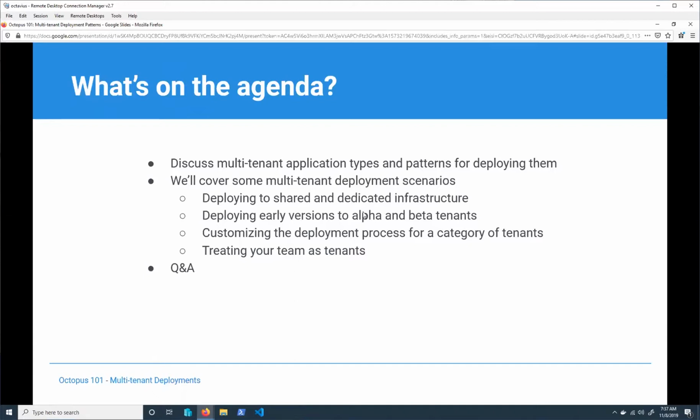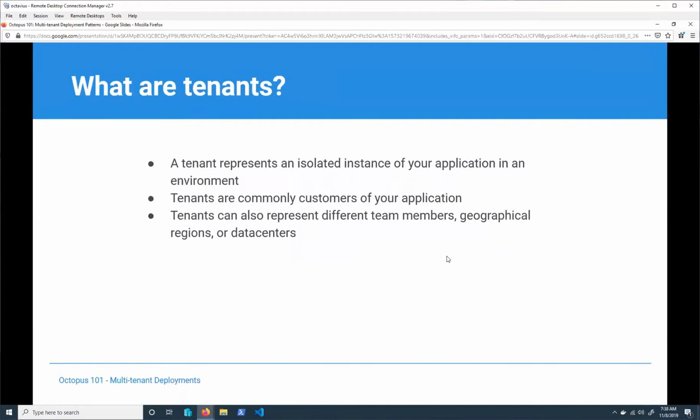But for today, we are going to be starting with existing projects and looking at one of the features called multi-tenancy. And what exactly are tenants? A tenant represents an isolated instance of your application in an environment. So say you have a production environment, you can have multiple instances of your application running in that production environment. And why would you want to do that? The most common use case is because you have different customers using your application and you want them to have their own isolated instance. So you have 3 customers, so you would have 3 instances of that application running in